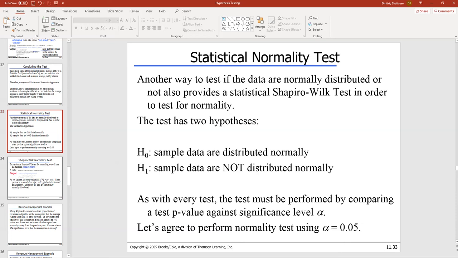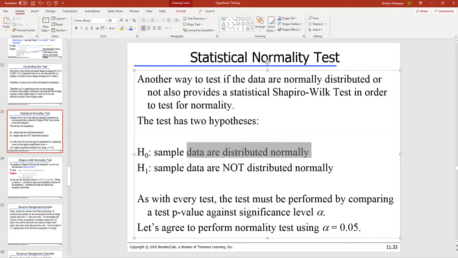Okay, that's great. But there is another way to test normality, and it's a little bit more rigorous than just looking at the histogram, right? This is something that's called the Shapiro-Wilk test for normality. And again, just like in any other case, it has two different hypotheses. There is a null and there is an alternative. The only difference is that the null looks a little bit different from mu equals something versus mu not equal to something else, right? So our null hypothesis is going to be that the data in my sample are distributed